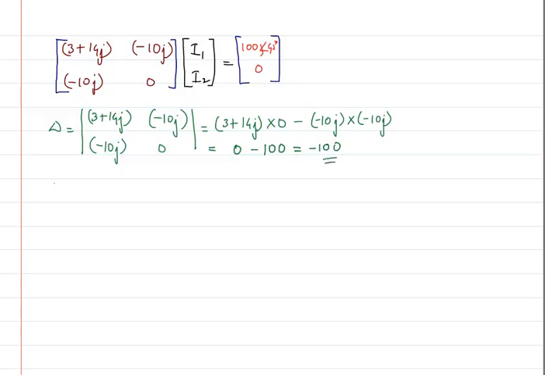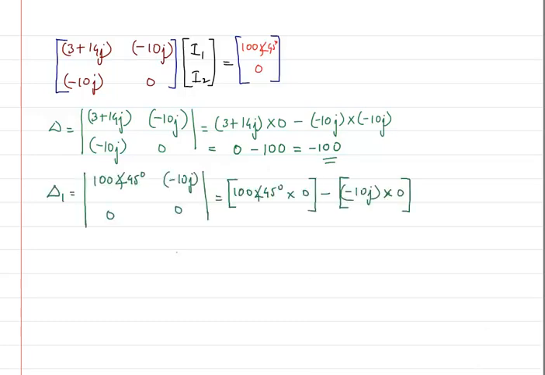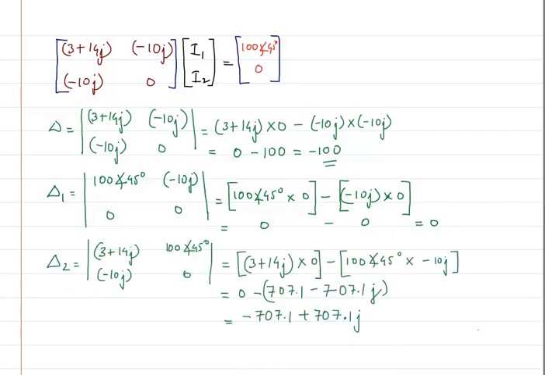That is delta. Next, delta 1, if we are going to calculate, where if I do the multiplication, it's 0 minus 0 itself. So the answer is going to be 0. Next, if I am trying to calculate delta 2, I will get this, from where you can very clearly see what I have done, and I get this particular answer for delta 2.